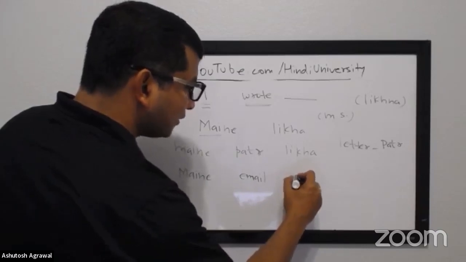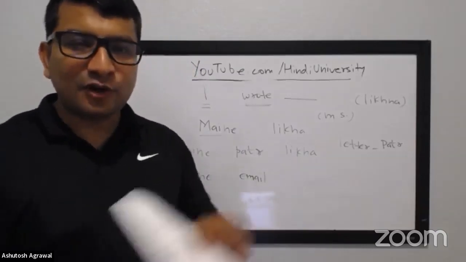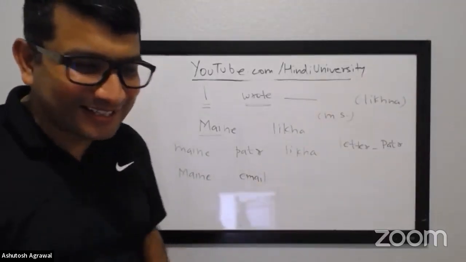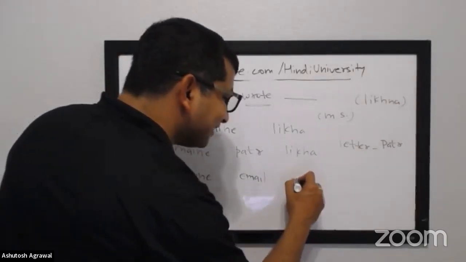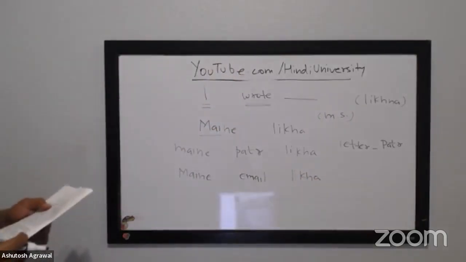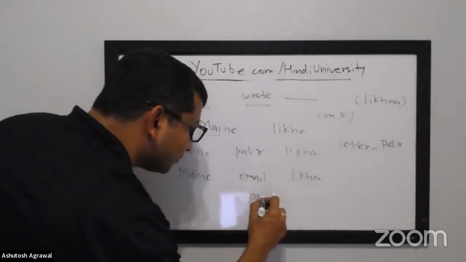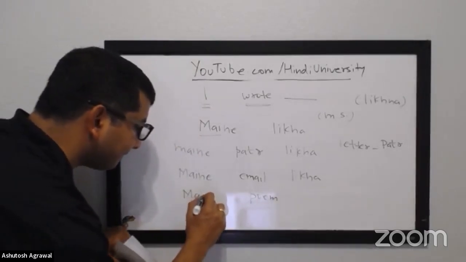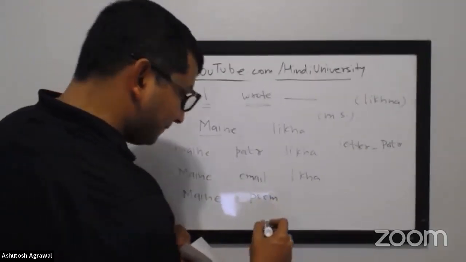लिखा. Okay. So this is funny because the way it works is if it is a long email, a long message, it is likha. If it is a short one, it is likhi. I'm going to still put it in the likha category, not to confuse you guys. It's okay. मैंने email likha. Let's do a different one. A poem. Maybe this is an easier one. मैंने poem. मैंने कविता लिखी. Very good.